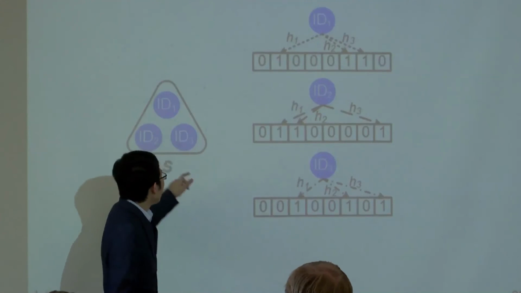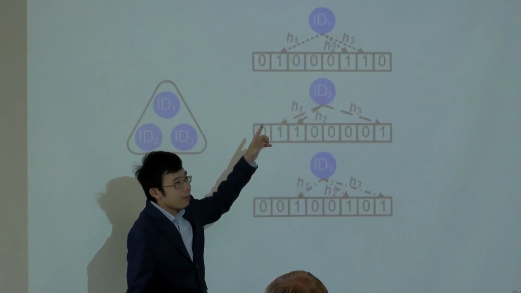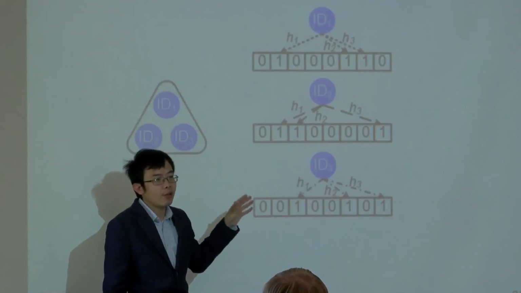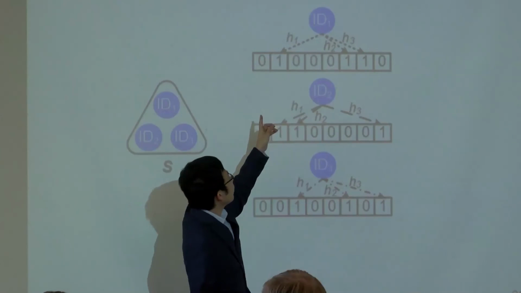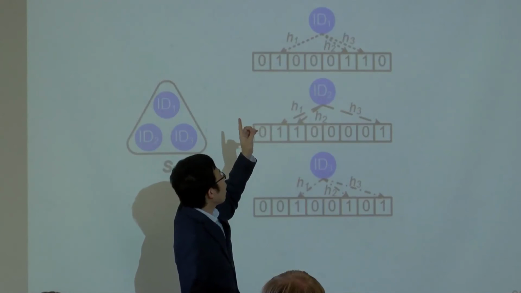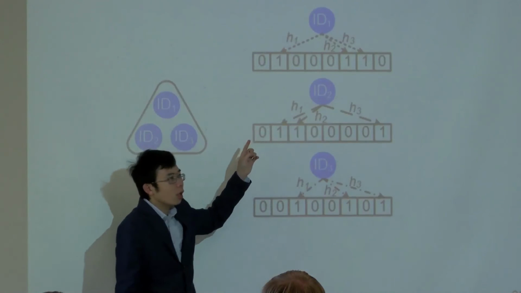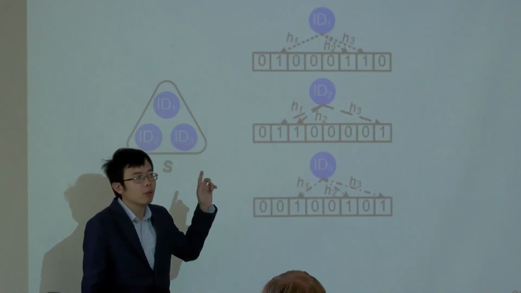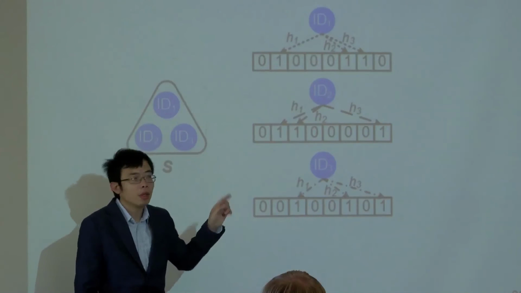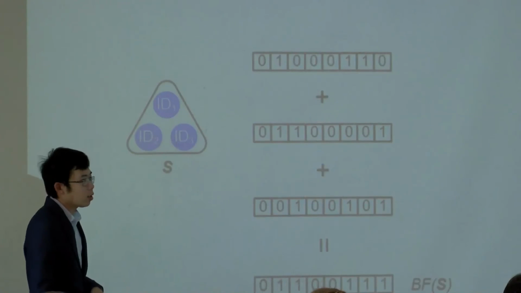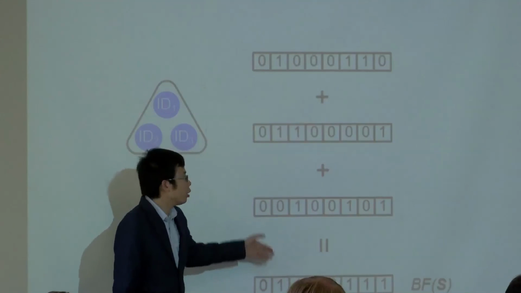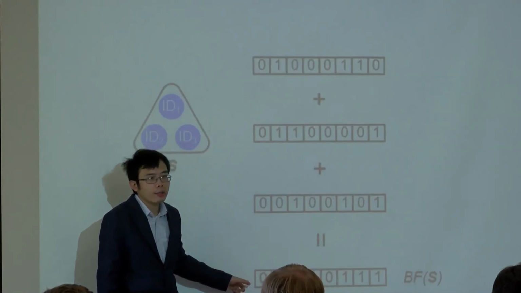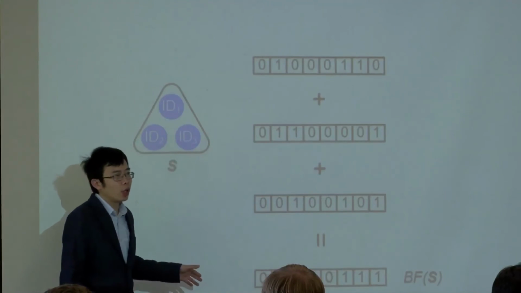Then we map each element to the bit vector by using a set of hash functions, and we set the value of the corresponding bits to 1. So we have 3 bit vectors. After that, we sum up all the bit vectors. We get a new bit vector, and this bit vector is actually the Bloom filter for the original set